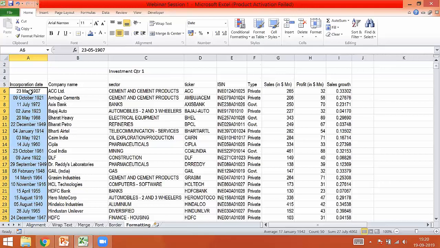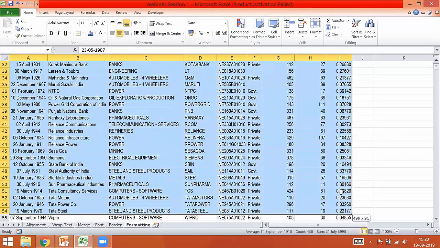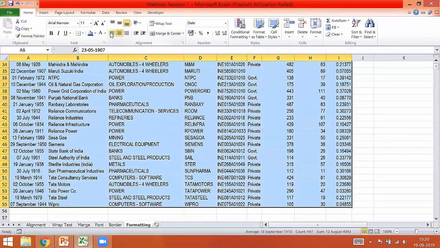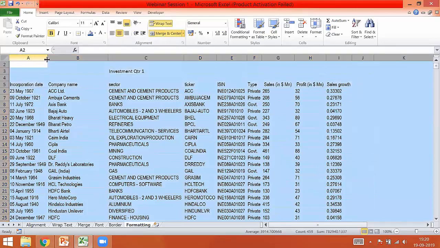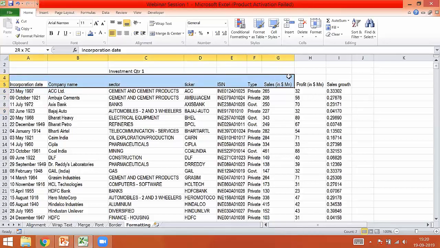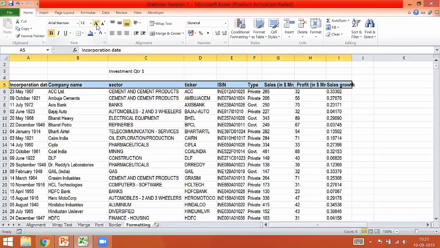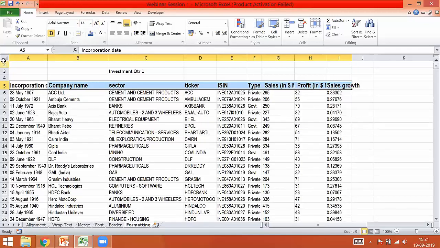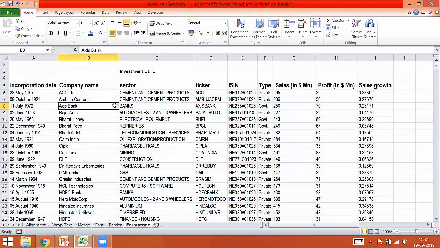Once I have aligned the text, if I want one single alignment, I can select the entire data set and use the left alignment. Once I have done that, I'm going to adjust all the column widths again. Now I'll talk about the headers, that is the headings of the data. Let's make it bold. Let's increase the font size. The moment you increase the font size, you can see the column width needs to be adjusted again. That can be done at a later stage also.